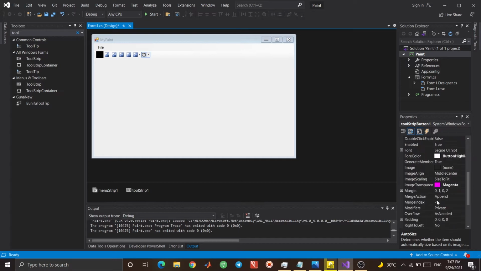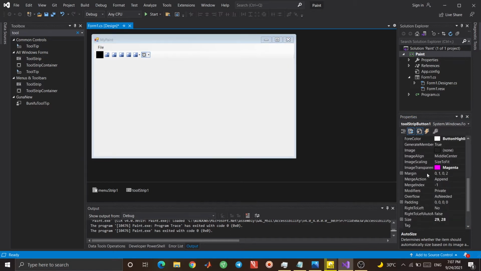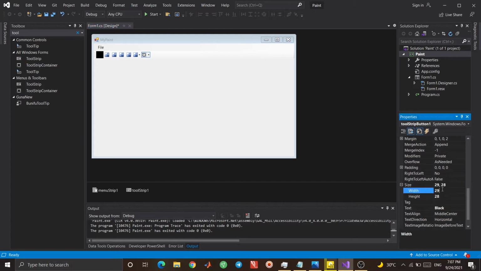Let's change the size. First I want to set the auto size to false here, auto size to false, so that I can change the size of the button. And I look for a size here. I want to change it to, for example, 50, the width, and this is here. Okay, let's